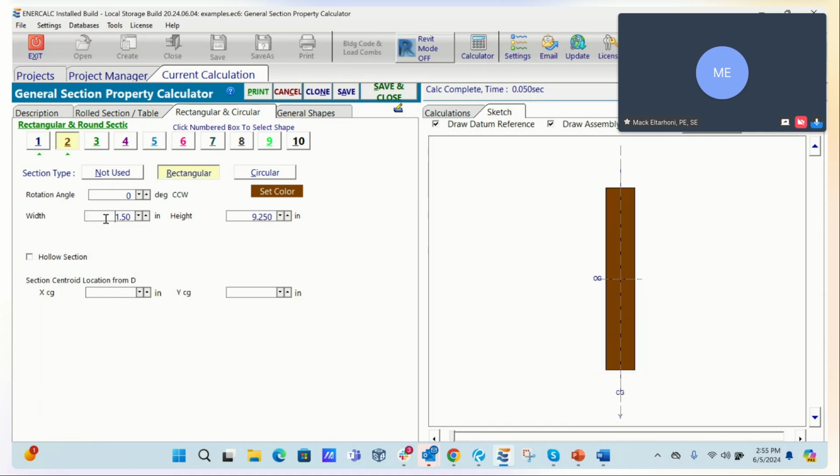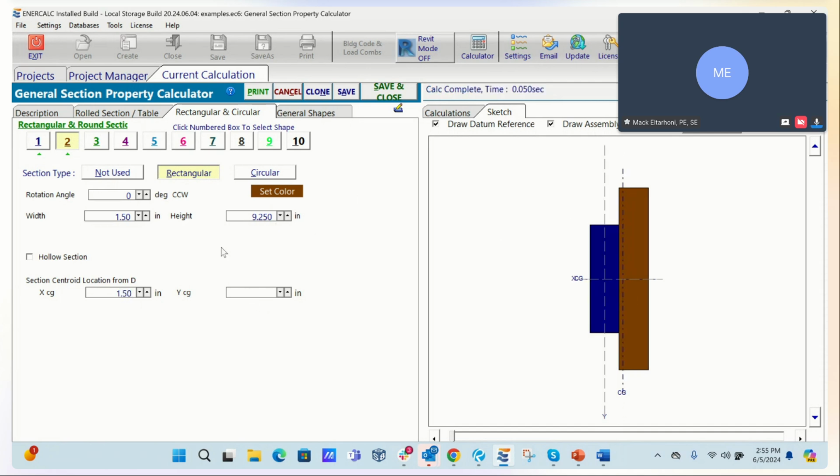So it's a 2x10, and I want to move it in the X direction by 1.5 inches. Then we can work with it. You can move the centroid minus 3 inches, I guess.